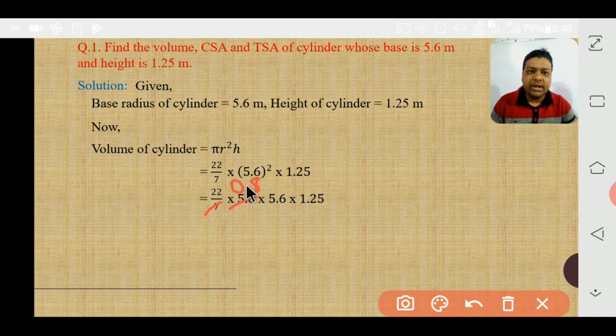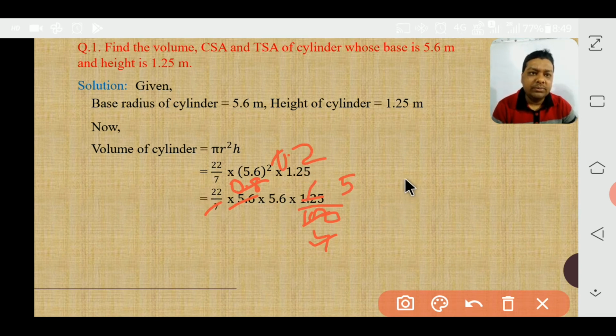Okay. Now we have to multiply all the terms to get the value. But before that we can solve also 1.25. It means 125 by 100 also. So 25 5 ja and 25 4 ja. Okay. Now 4 2 ja, again 0.2 only. Okay. So now what is left? It is left 22, 0.2, 5.6 and 5.